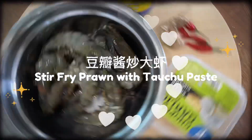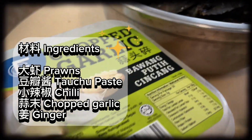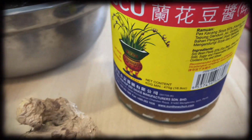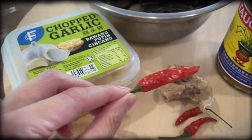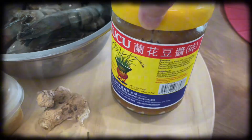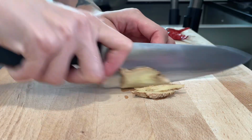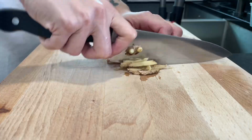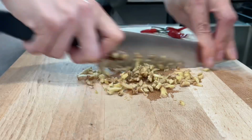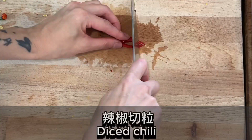Stir-fry prawn with tauchu paste. Ingredients: prawns, tauchu paste, chili, chopped garlic, ginger, fine chopped ginger, diced chili,